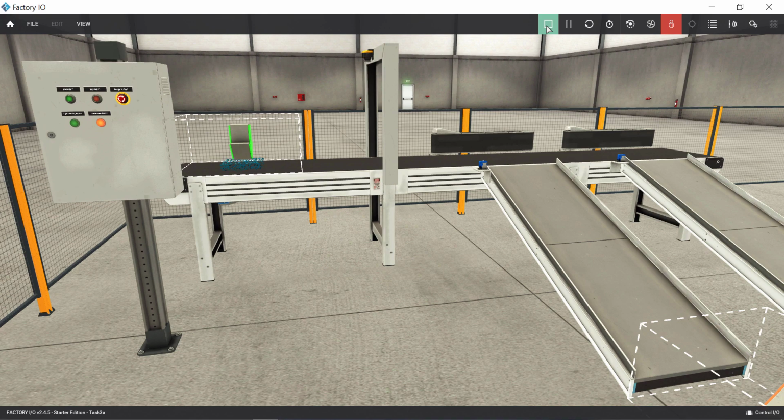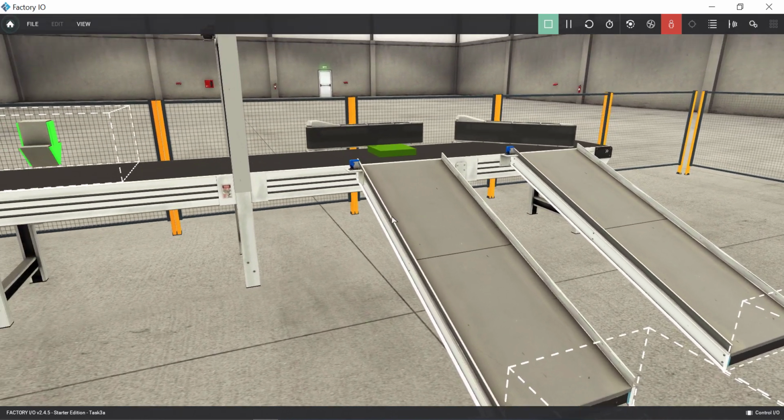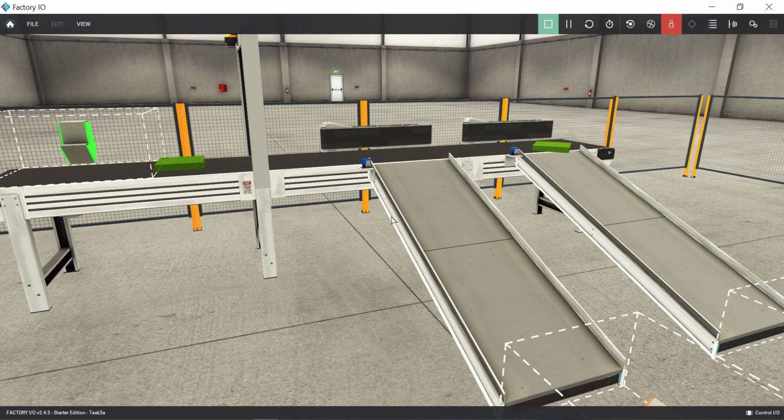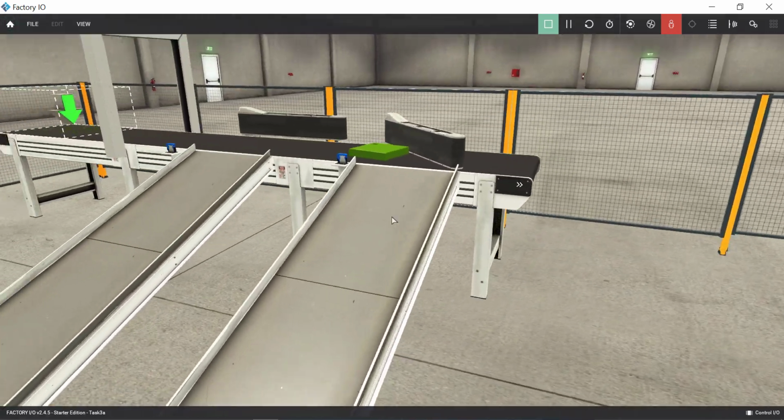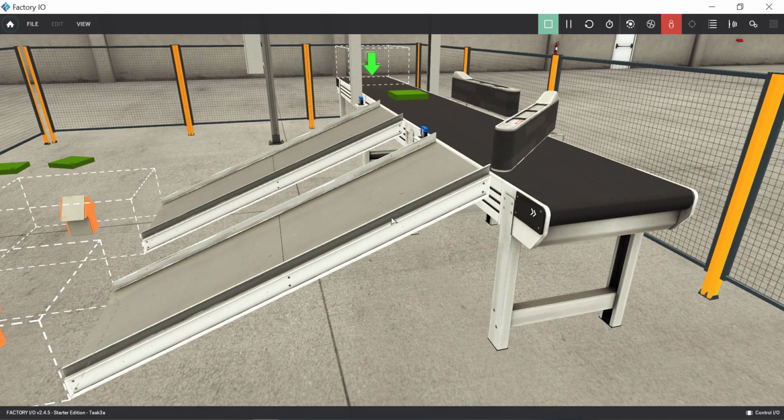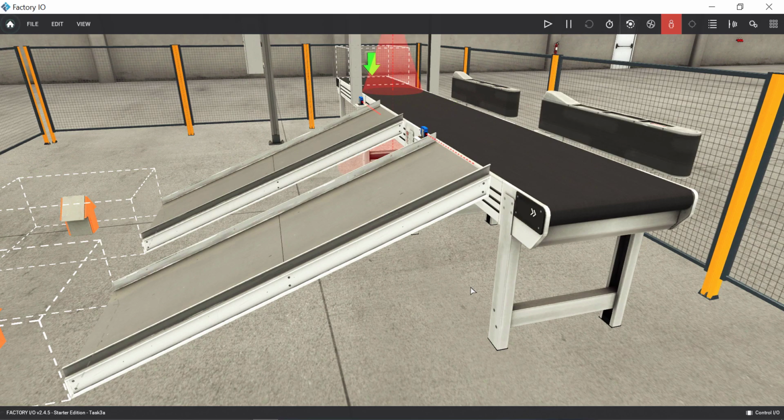Now we'll try to run. When you have a blue color raw material, pivot arm 1 acts. When you have a green color, there may be some changes we have to make with the pivot box. The problem here is that it's not properly placed, so we have to make some arrangement.